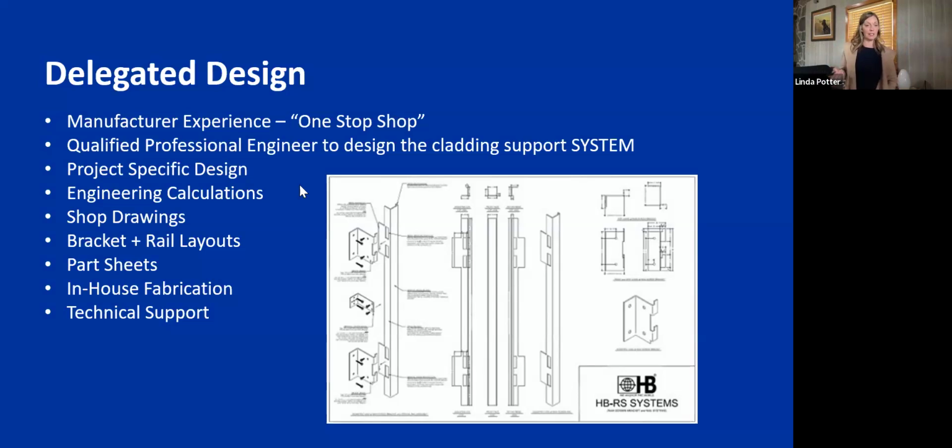We're thinking about project-specific design, giving you engineering calcs, shop drawings, bracket and rail layouts, part sheets, the fact that it's manufactured in-house with the people that designed it so that we get that full capacity of the system of what's available, and that there's access to technical support. Those are the things I think you're looking for when we start to specify and understand the different materials that exist out there and how that can impact you or help you pull a project through to the end more